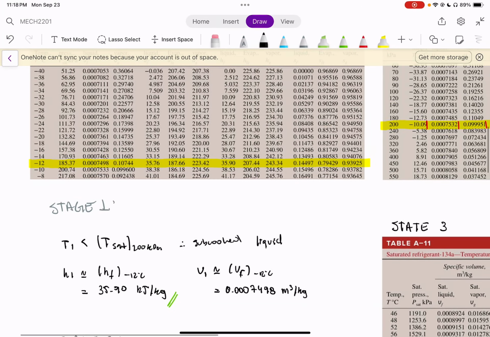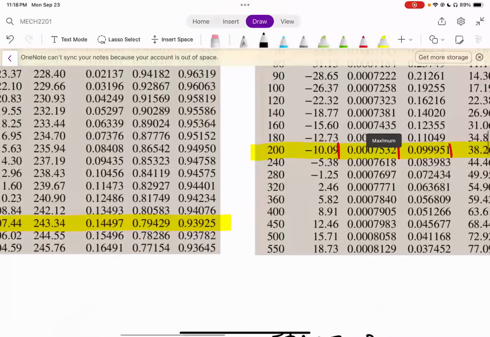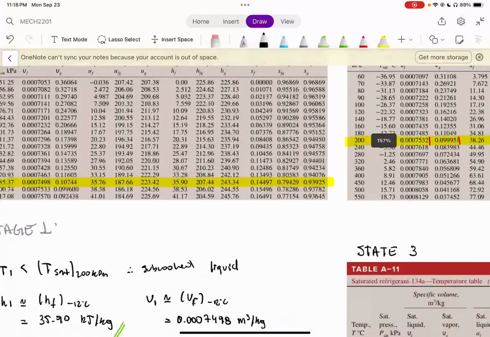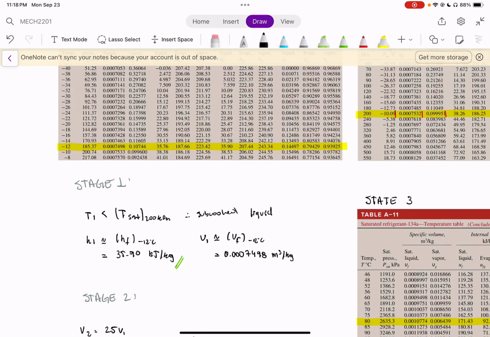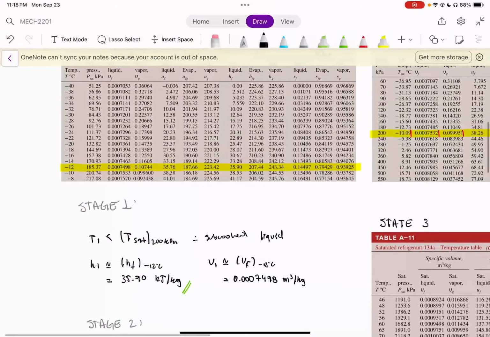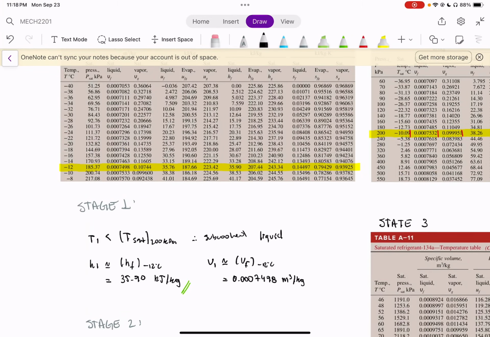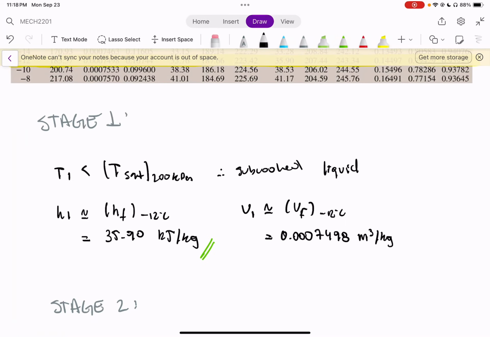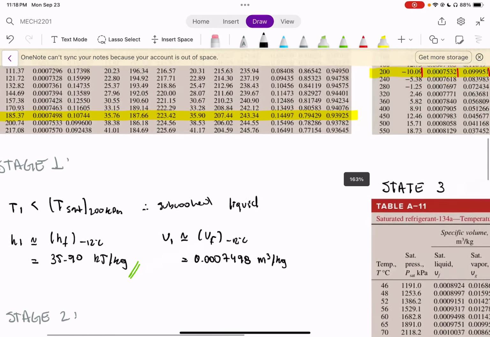This is given right here, negative 10.09. Because negative 10.09 is greater than negative 12, stage 1 is within the subcooled liquid region. So h1 is roughly hf at negative 12